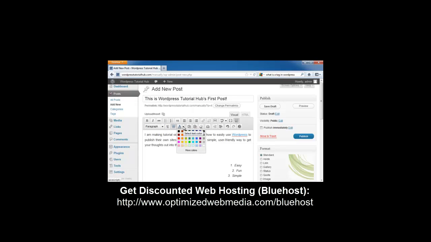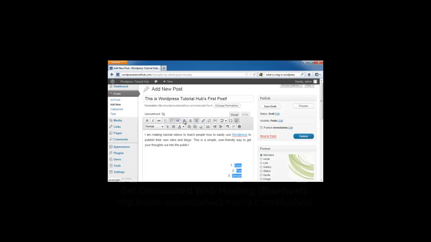You can choose the color of your text. You can choose if you want to paste as plain text or as Word. You can remove the formatting, you can insert a custom character, you can indent, you can undo, or you can ask questions. So right now I'm going to go ahead and left align those words,